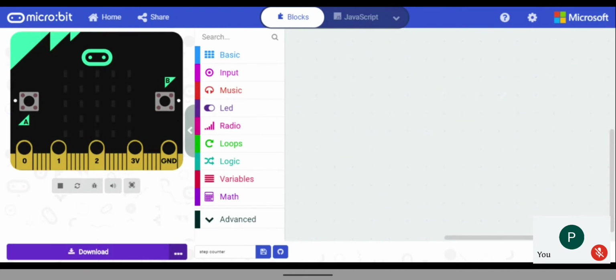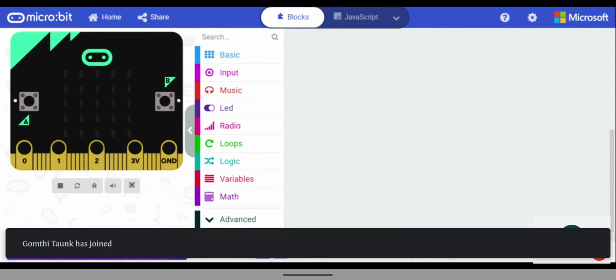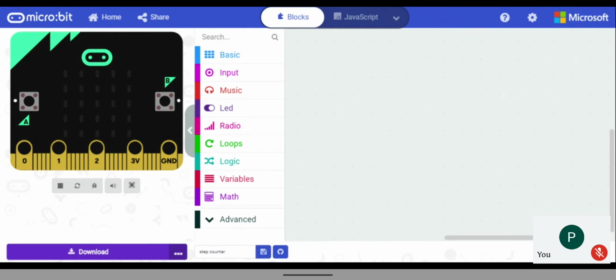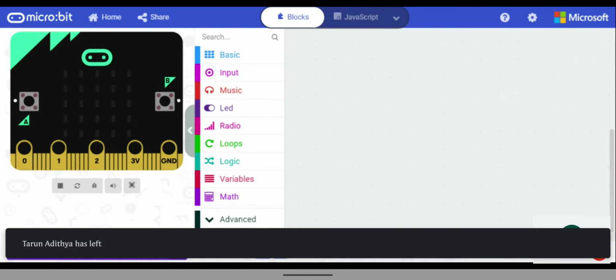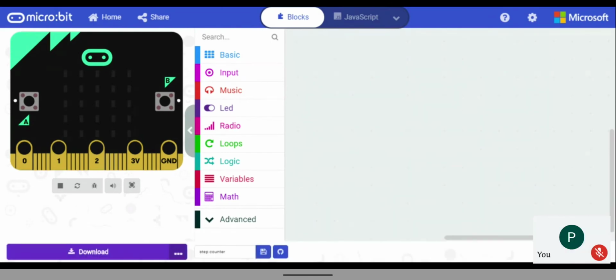Sir, can we try making a bit programming? Can you explain it clearly, like what a bit programming will be? No, sir, a big one, like an automatic house constructor. Automatic house constructor.